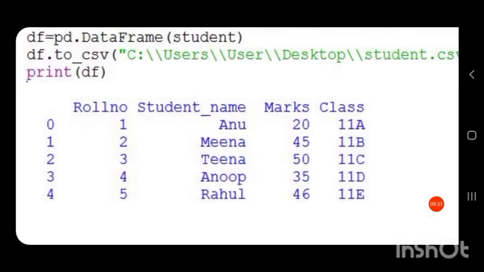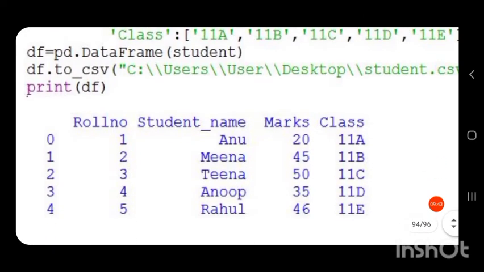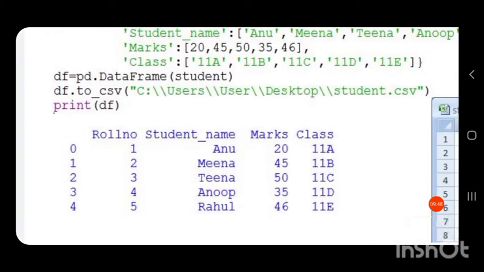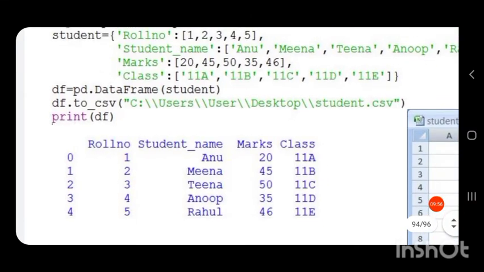All the keys in the dictionary will become the column names, and all the values will become the values of that particular column.